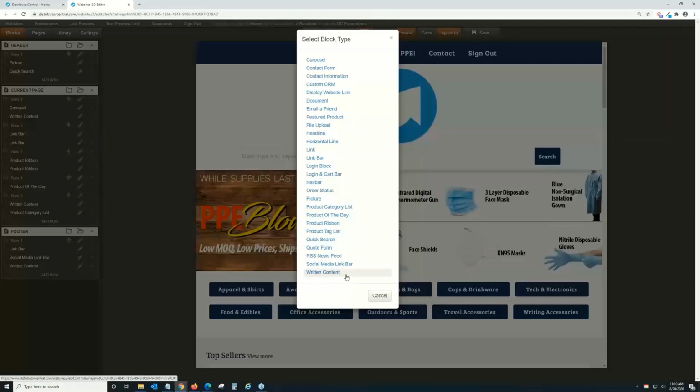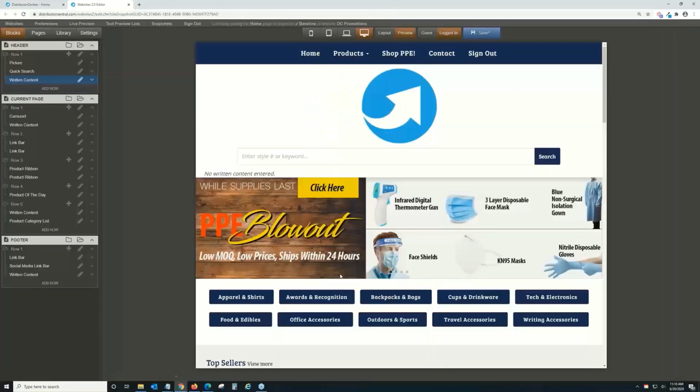So the written content block is the most versatile block. So as you've seen, when we come down here and we've gone through all these, each one of these kind of has a specific thing that they do, but the written content block can do multiple things in one. So I'll show you here. So let's say we wanted to use this written content block. So I'll click on it